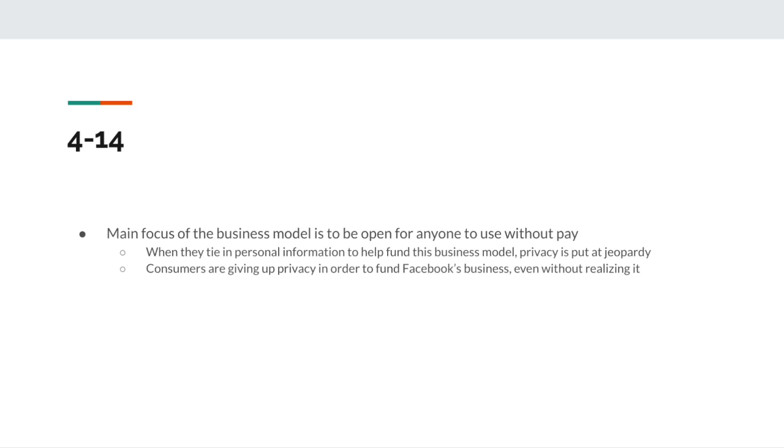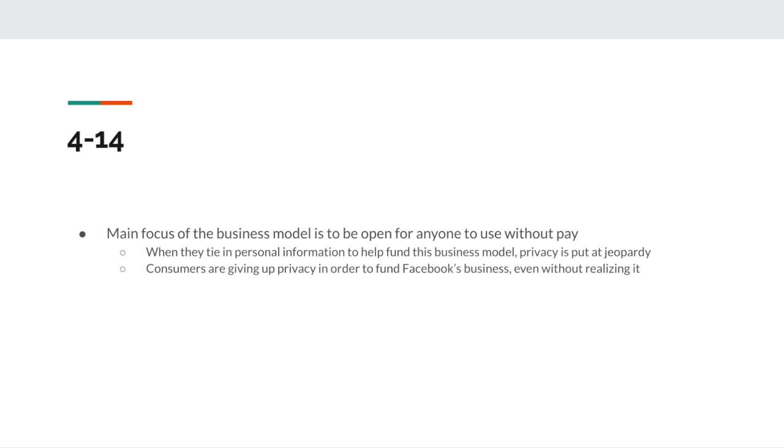And a lot of users of this site are giving up their privacy, which in turn funds Facebook's business. The consumers don't even realize that they're giving up that information because it's so shrouded from them.